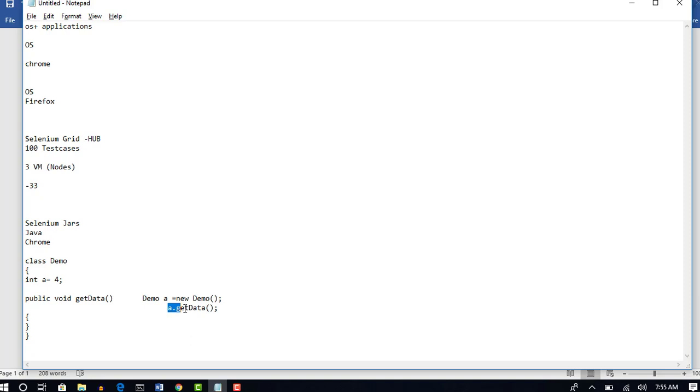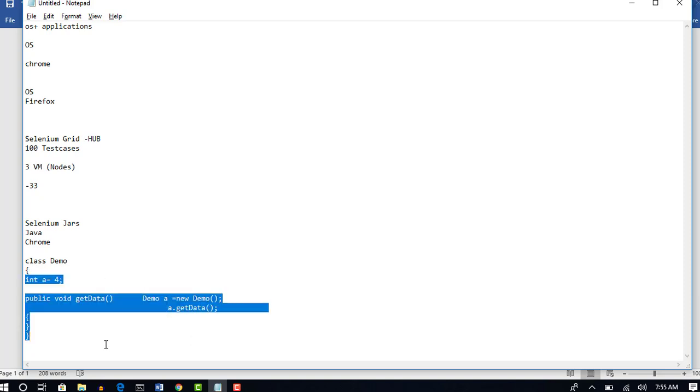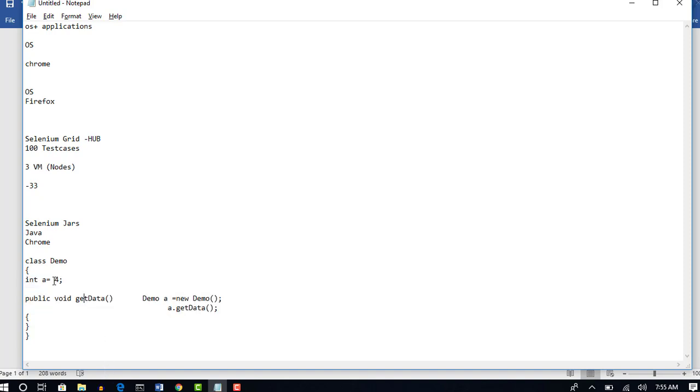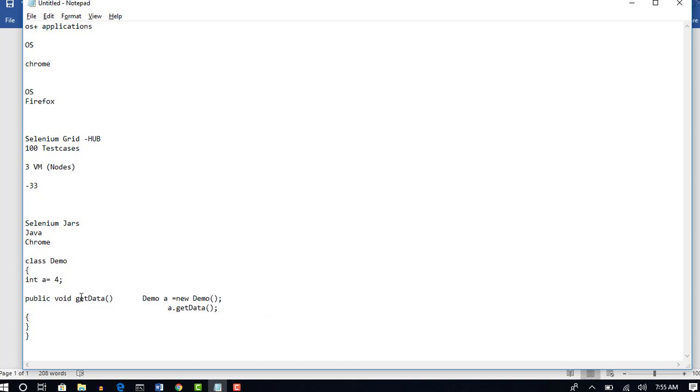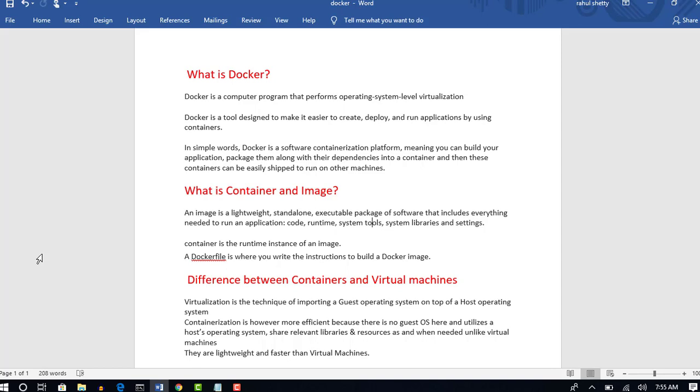Similarly, in the Docker world, an image will have all the details of software like Selenium, Chrome, and Java, everything. Now to instantiate your whole software and make it up, you will create an object, which is nothing but a container here, and with the help of the container you will invoke all the software of an image.